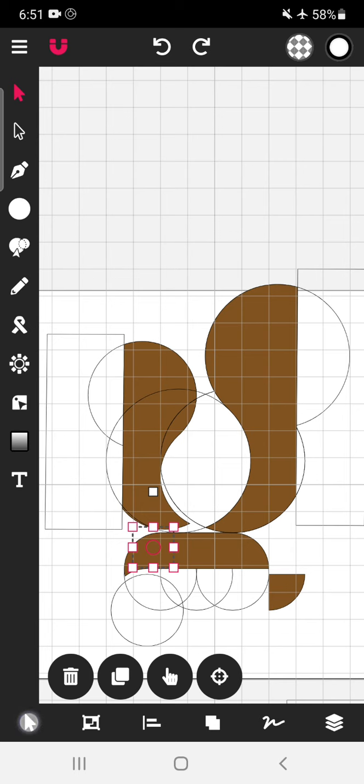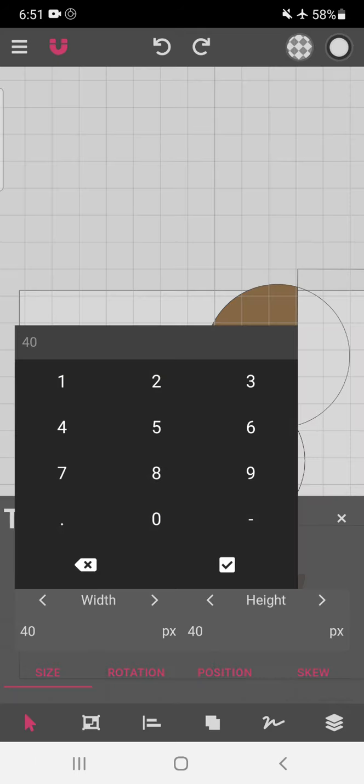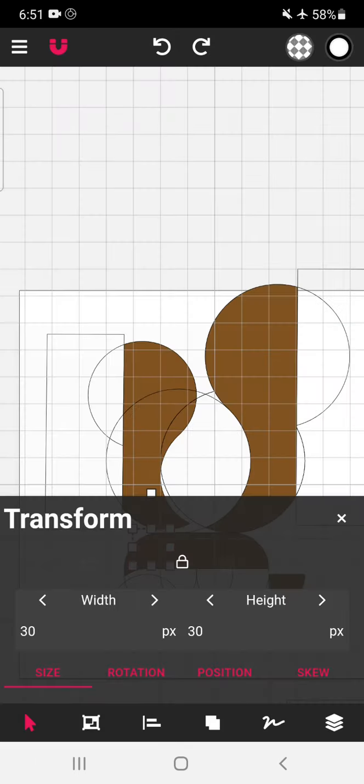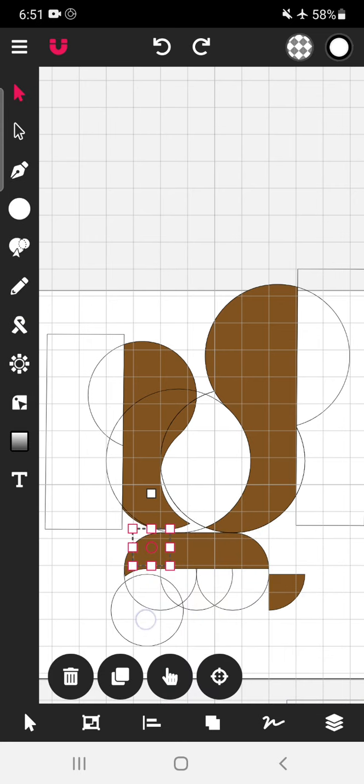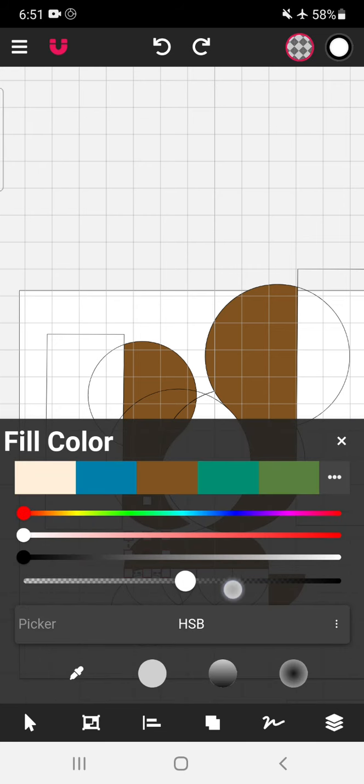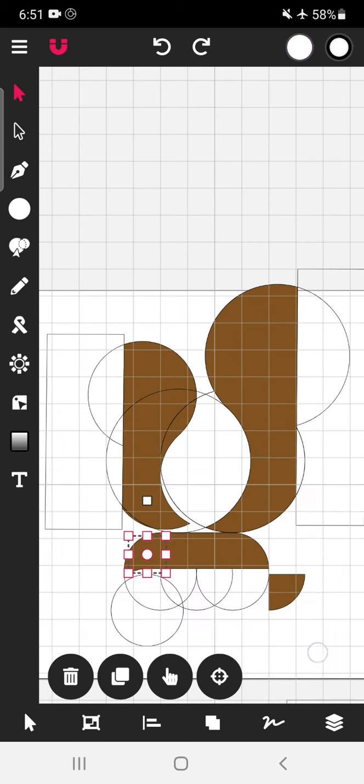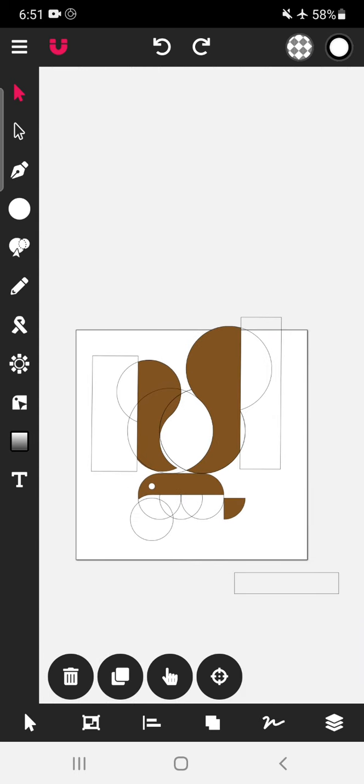So 40 is looking big, let's make it a little less, 30. Yes, perfect. Okay, make it white in color. Drag this transparency panel, bring it to white color. So it is white color. So let us see. And our bird logo design is ready.